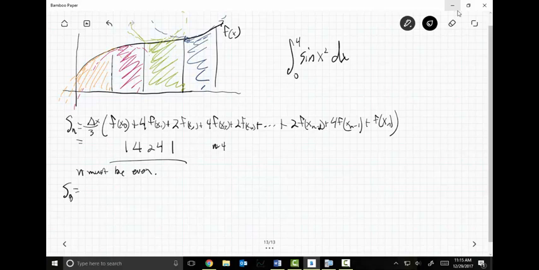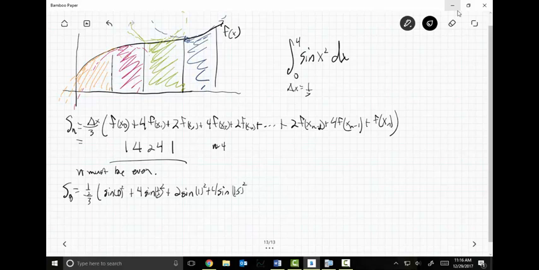So let's write this thing up. We already know that delta x is 1/2. Remember, delta x in this case is 1/2 because it's 4 minus 0 over 8, affectionately known as the half. So I go 1/2. I divide that by 3. I know it's a sixth, but it's helpful to do this, right? And then we'll write out some terms. I know it's going to be sine of 0 squared plus 4 sine of 1/2 squared plus 2 sine of 1 squared plus 4 sine of 1.5